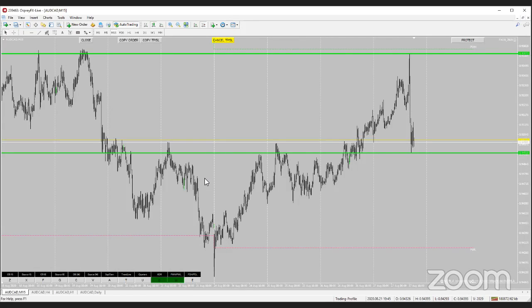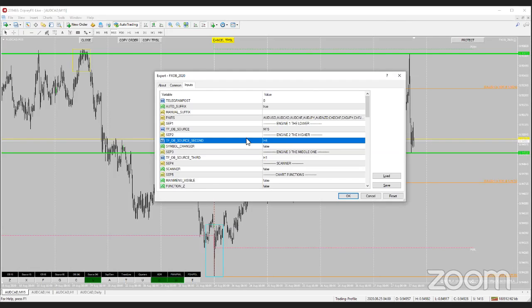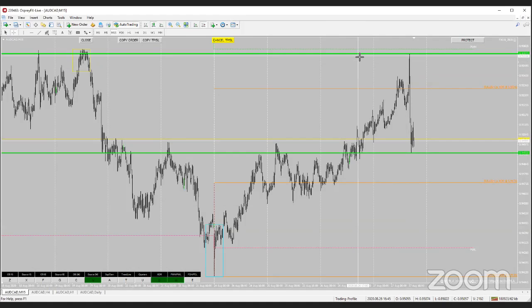So we have a hidden switch as well as the autofib switch, but this is a P function. So if I press P, what this does is this calculates from the H4 source the average daily range from the H4 source. Okay, so basically it takes whatever the engine 2 setting is and it projects this value, the